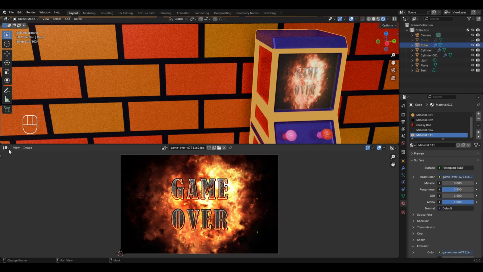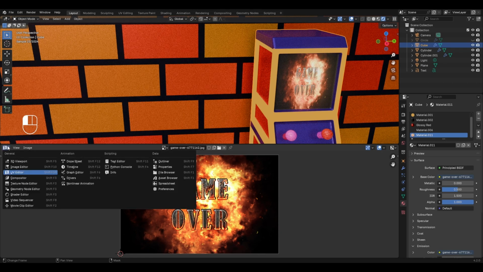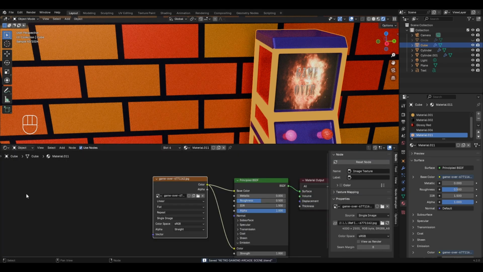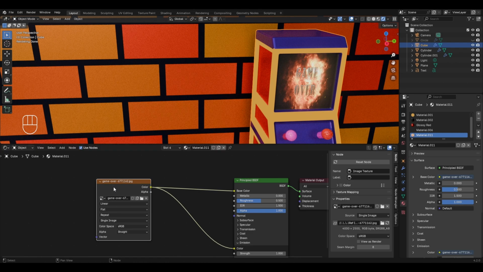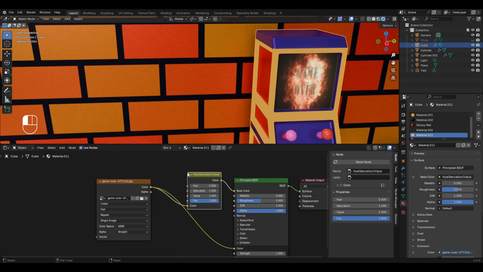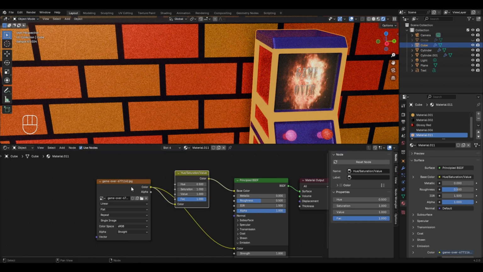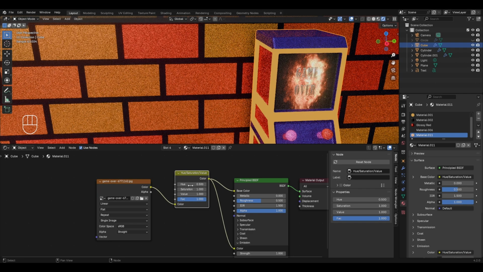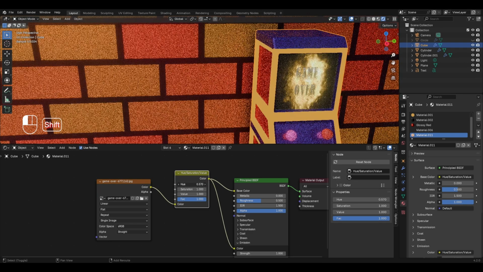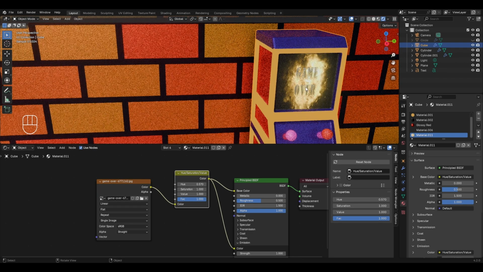If you want, you can even change the colors in this image by using the hue saturation value node about which we discussed in the previous chapter. So to add it here, press Shift plus A, then go to color and select the hue saturation value. We'll place it in between the image texture and the principled BSDF node, and let's also connect the color socket to the emission color. After this, if I go to the hue value and try to change it slightly, then you will notice the change in color being applied in the image texture.